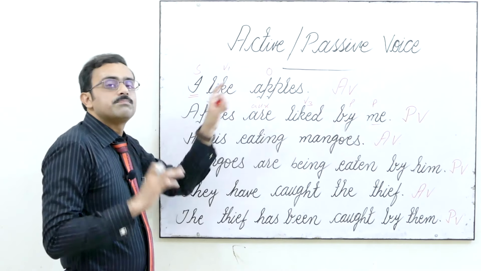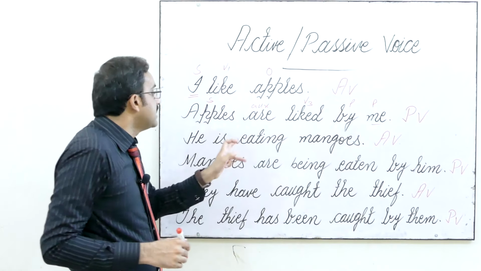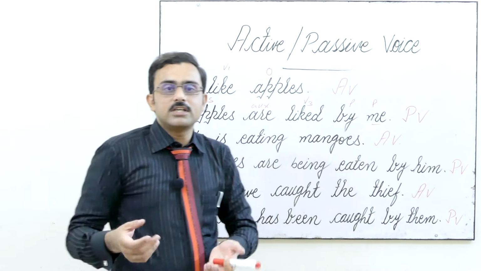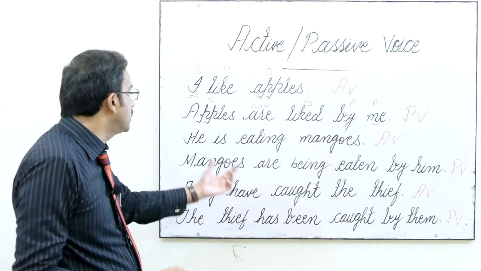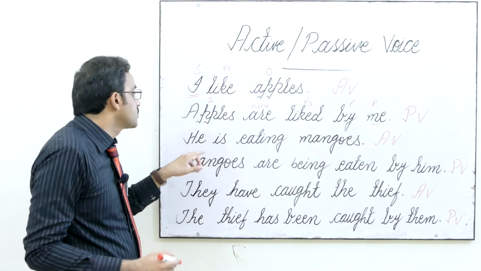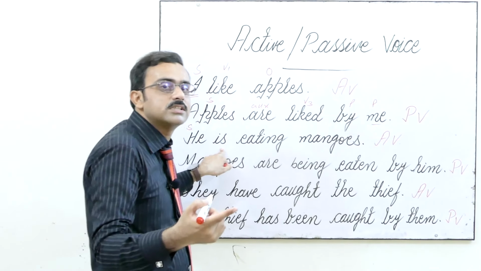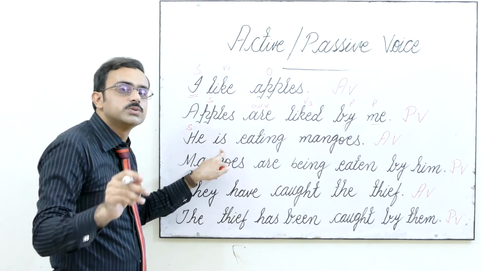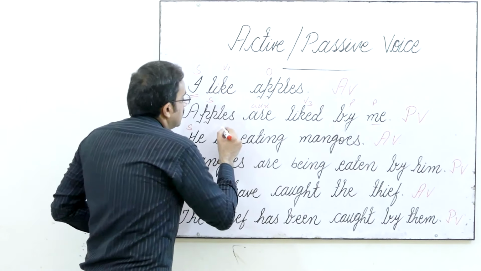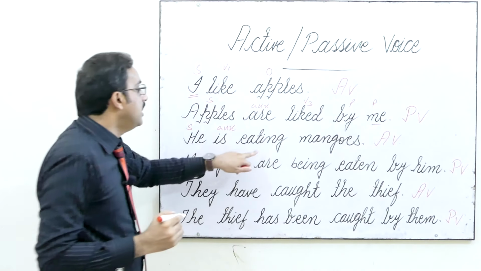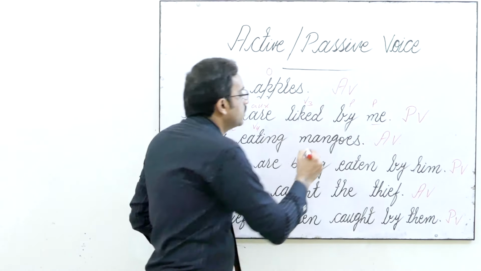So it was your present simple. Now look at your present continuous tense. He is eating mangoes. Definitely your performer is he. He is performing some action. Means prominence is given to your performer, your doer. So he is your subject. And then he is. Now this one is present continuous tense. So in present continuous tense we use the auxiliaries is or am. So there is he. So we are using is. This is your auxiliary. Eating is your fourth form, V4, and then mangoes is your object.